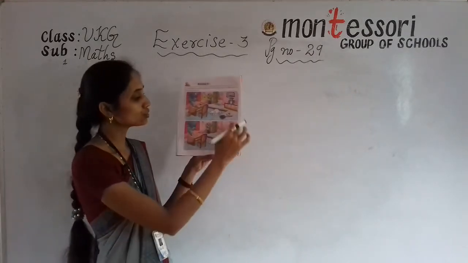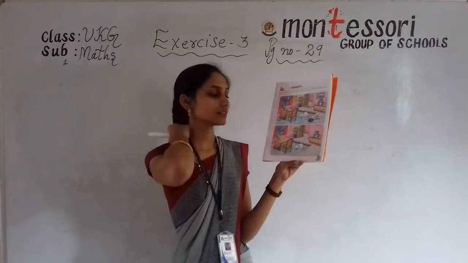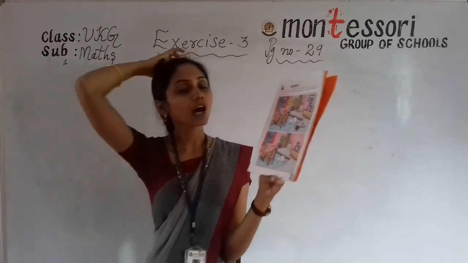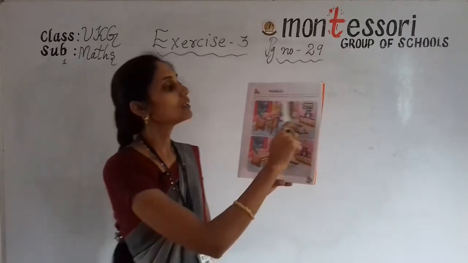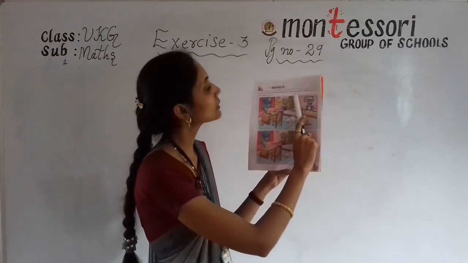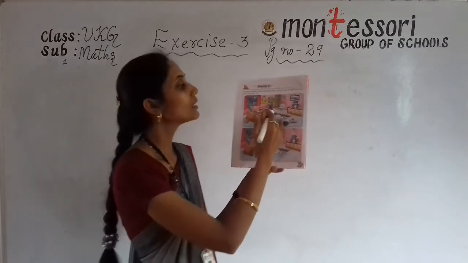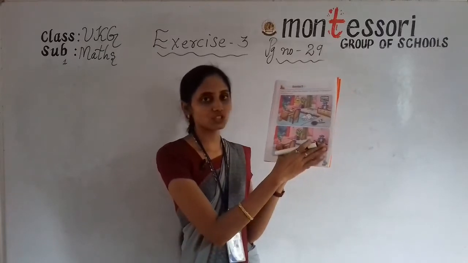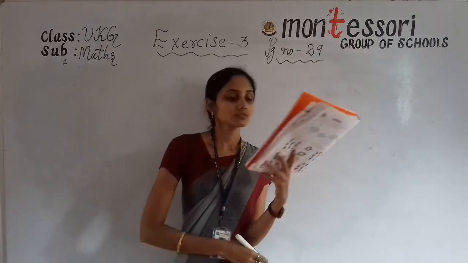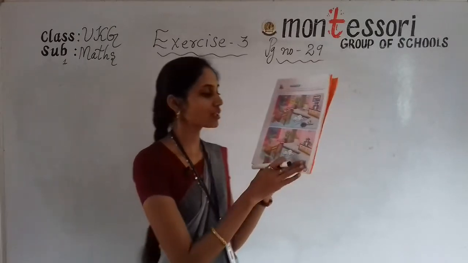Now we have to find out those things and spot them. We have to write the numbers. How many things are missing? Here it is mentioned that there are 10 differences in the bottom one. We can find 10 things missing in the second picture. Shall we find what things are missing in the second picture? Yes.